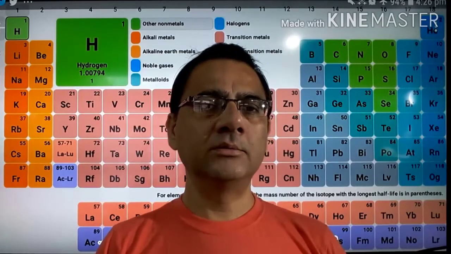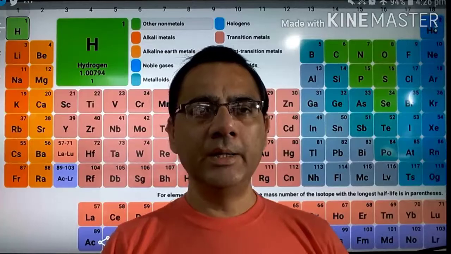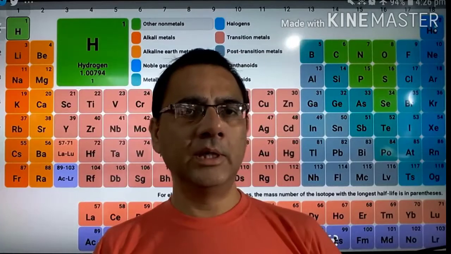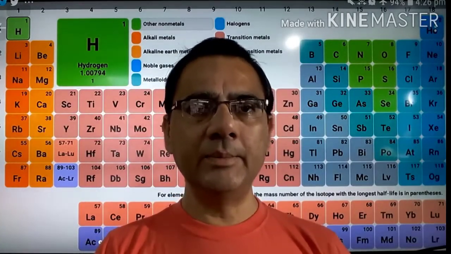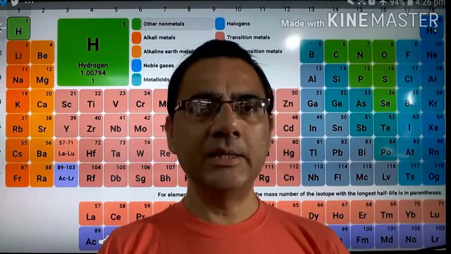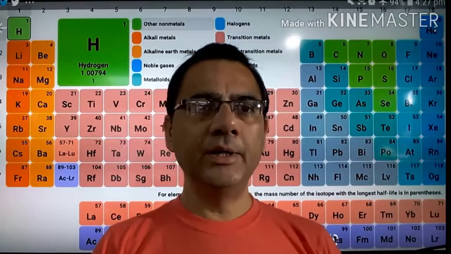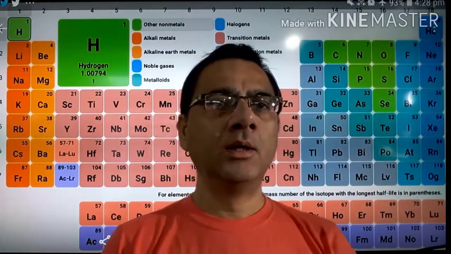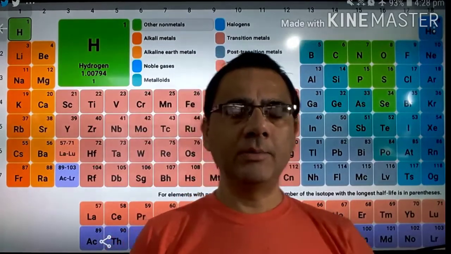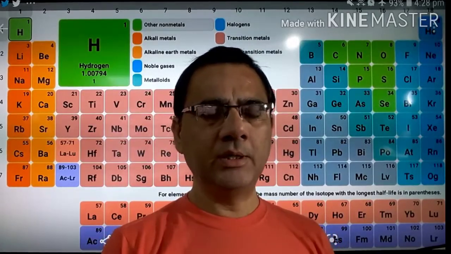And so far the scientists have discovered approx 118 elements, and many more need to be discovered in the future. But so far we have the study of 118 elements, and these 118 elements are classified in a table, and that is called the periodic table. And if we see this periodic table, then we will see all the elements are classified into this. About this periodic table also we will study in detail in the last chapter of the chemistry, and that is periodic classification of the elements. But a brief idea I am giving to you here also.